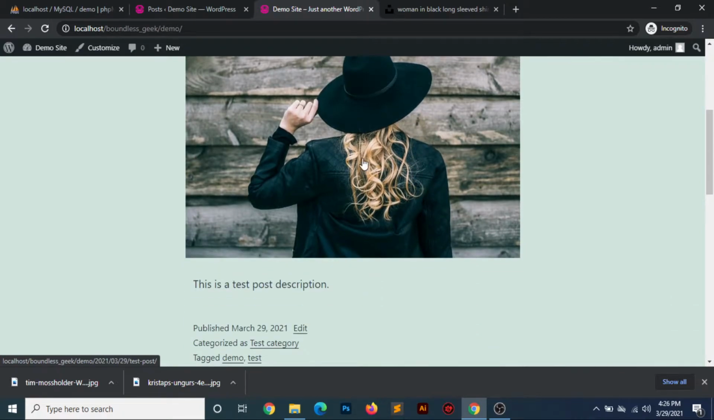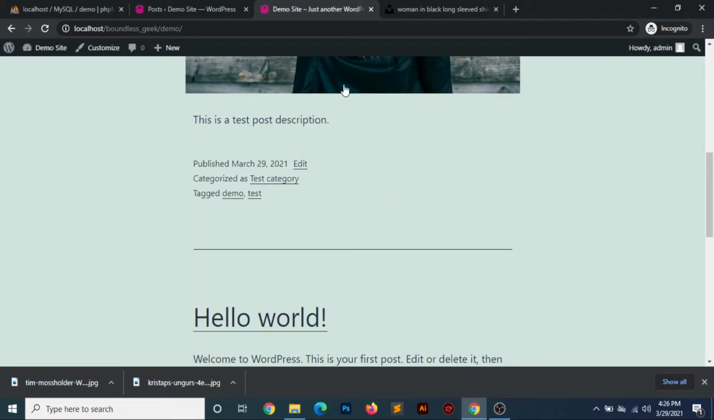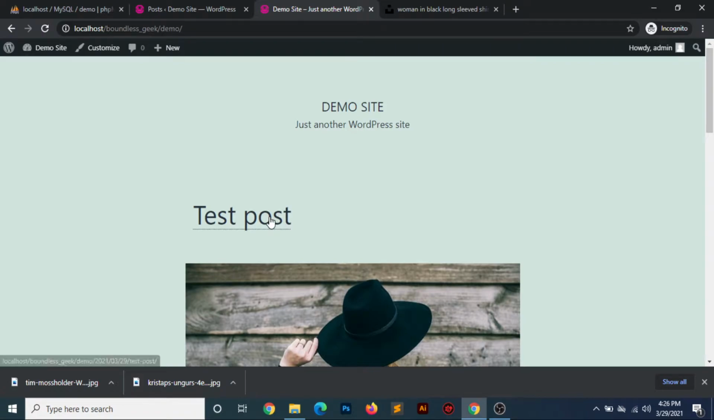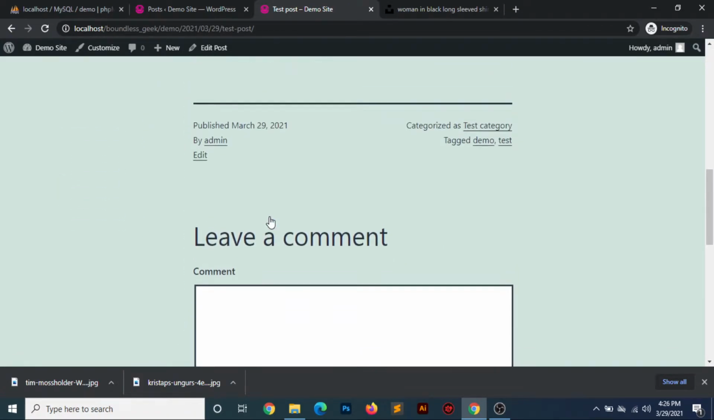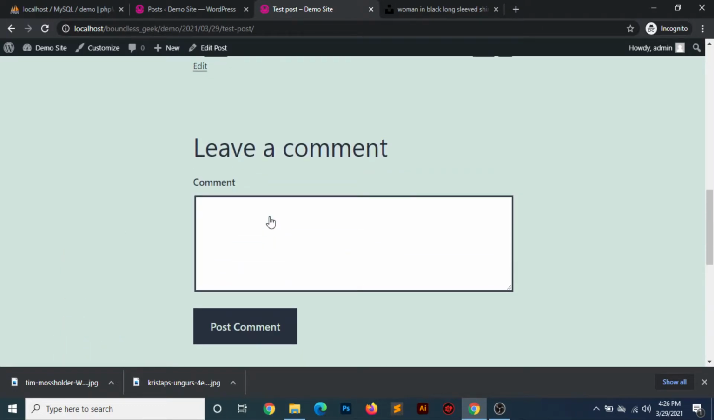You can see the image, and also you can see the content of it. If I click on it, it will go to the detail page. The detail page looks like this. We also have an option to comment. Actually, I am already logged in as an admin, that's why I can't see the email and name and all the details for the comments. So if I open this page in incognito mode,